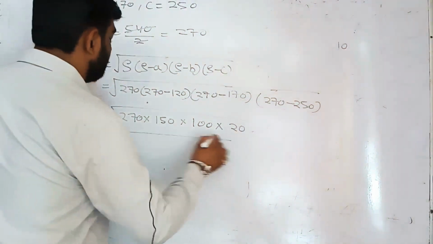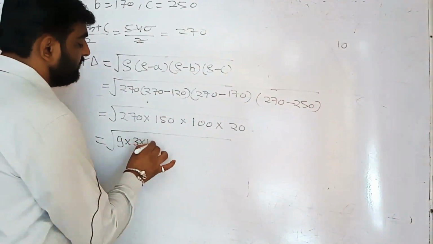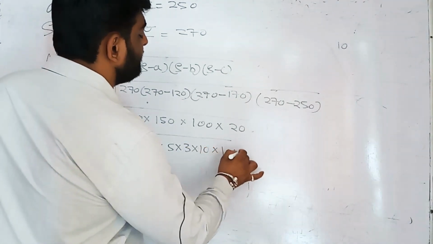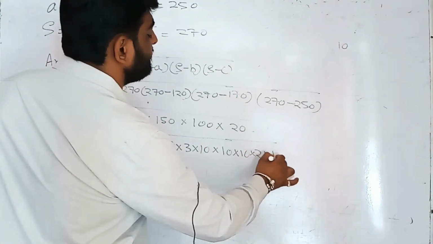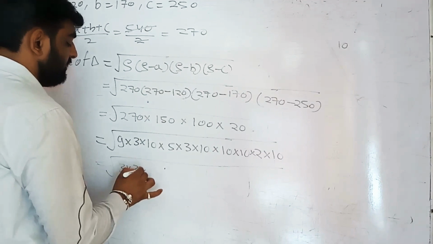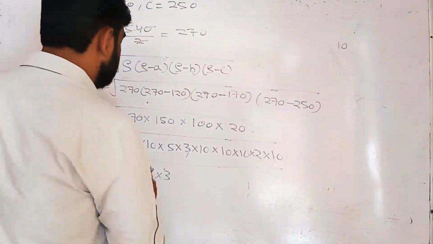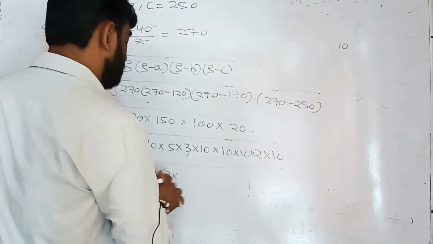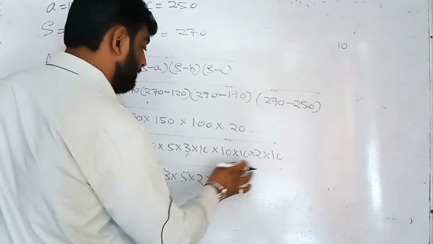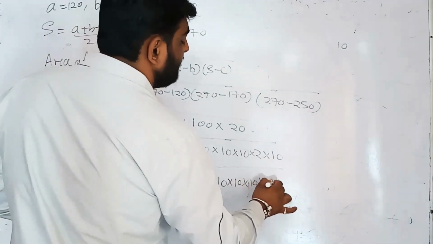So we have to simplify it, that is here 9 into 3 into 10. Here we simplify it, 5 into 3 into 10. Here we simplify it, 10 into 10. Here we simplify it, 2 into 10. So 9 we written as 3 into 3. 3 we written as 3. Here 3 we written as 3. So all 3s are done. I think 5 is remaining, 5 is over there, and 2 is over there. 5 tens are there, students.